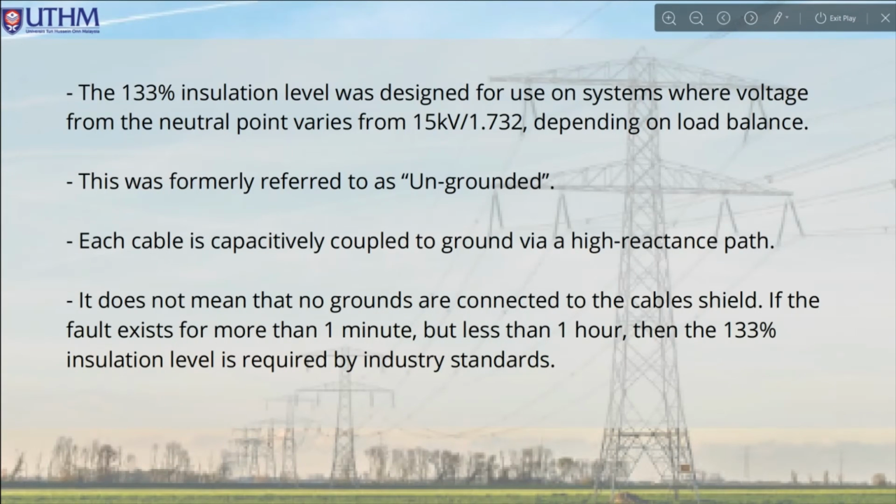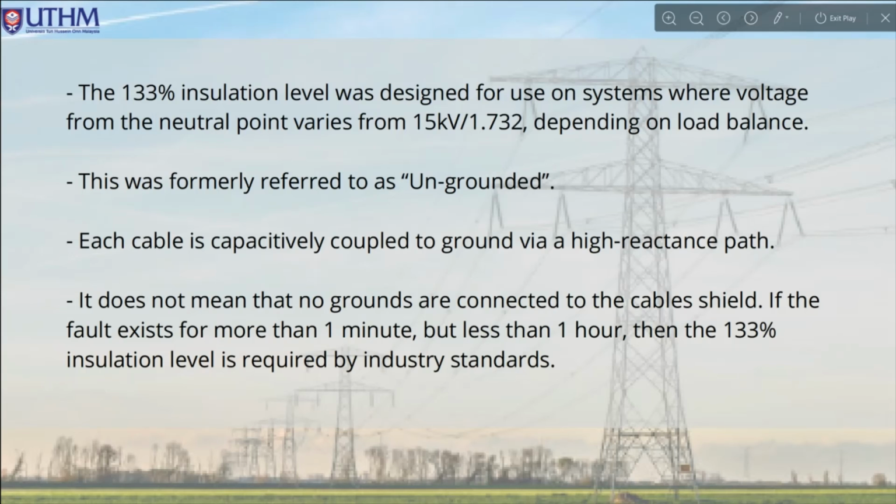So what about 133%? The 133% insulation level was designed to be used on a system where the voltage from the neutral point varies depending on load balance. This is also referred to as an ungrounded system. The basis for the term ungrounded is that each cable is capacitively coupled to the ground via a high reactance path. It does not mean that no grounds are connected to the cable sheath. If the fault exists for more than 1 minute but less than 1 hour, then the 133% insulation level is required